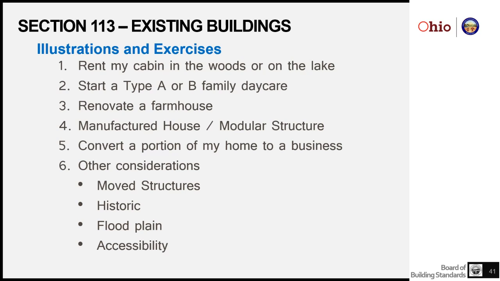Accessibility. While accessibility is not required under the Residential Code of Ohio, there's a lot of people that want their homes to be their forever homes. They're thinking about aging in place. They want to add accessible features to their home. There is a section in Chapter 3, and it's 320, I believe, that is about accessibility. Here might be one of those where they're either making an alteration, possibly a replacement, but probably an alteration. To the extent of the alteration, it has to comply with 320.